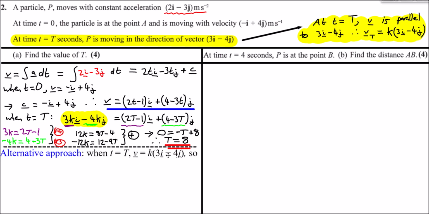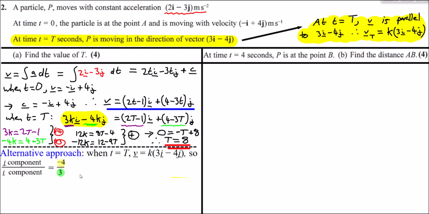So considering this is like a ratio of components, I can say the j component as a ratio to the i component must be minus 4 to every 3. I'm doing j over i, thinking of it as y over x, like a gradient, a direction essentially. And then, knowing that the velocity is in this direction, using the second equation for the velocity here,